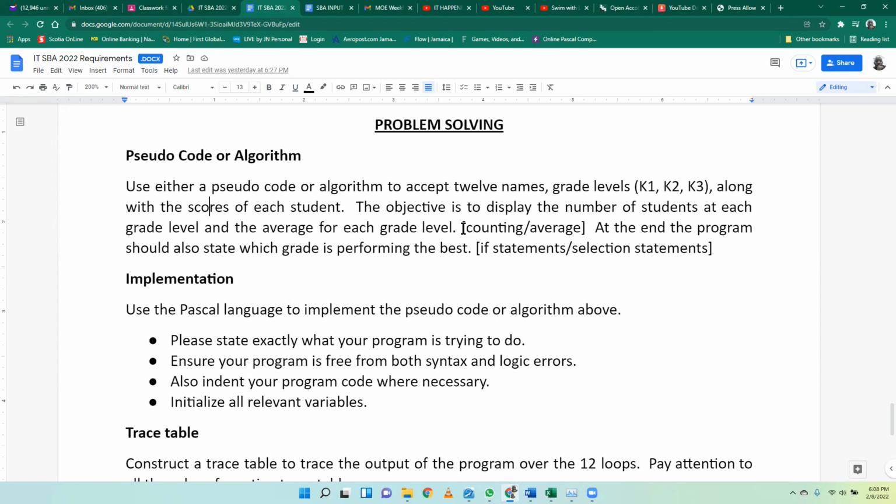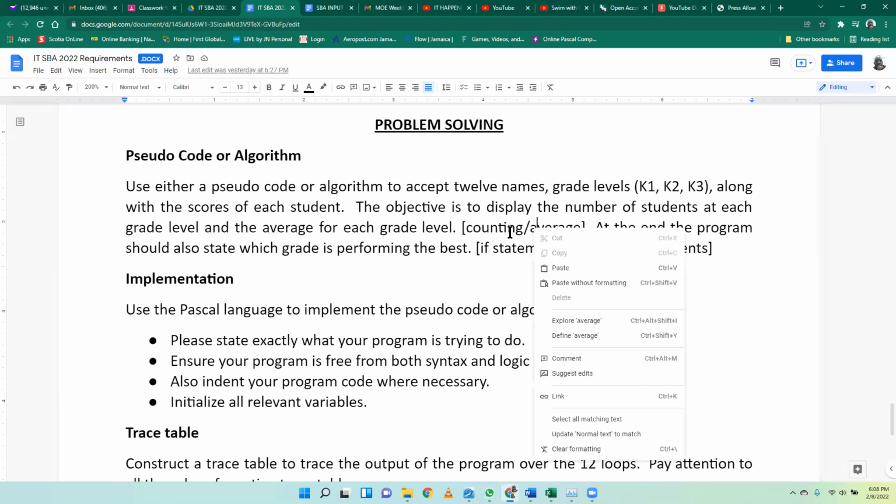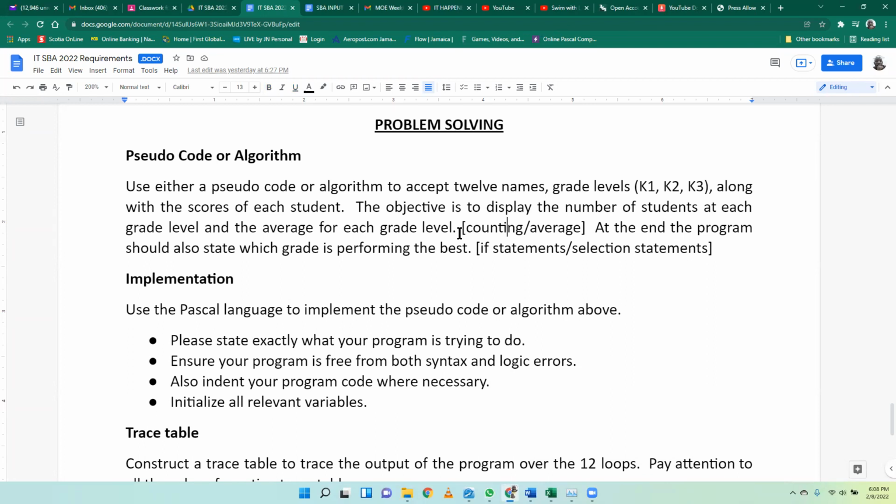And I kind of put this part in there as well. I say counting and average. That's what you need to do, counting. So for this statement, you're going to count and you're going to average. And you know, average requires two calculations. They're going to add, and then they're going to divide by the amount of numbers you add. At the end of the program,